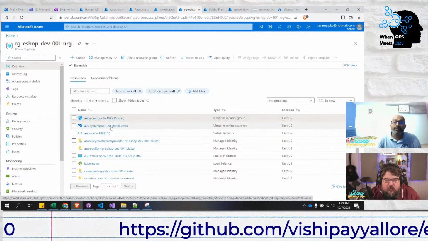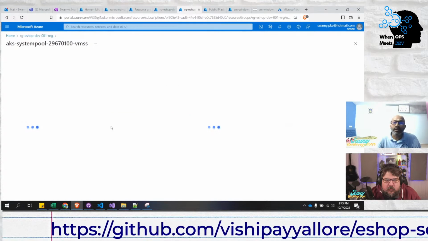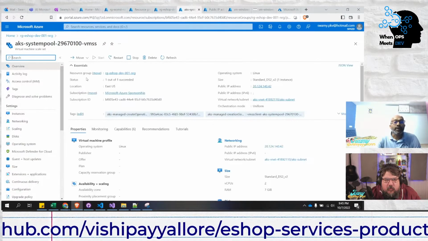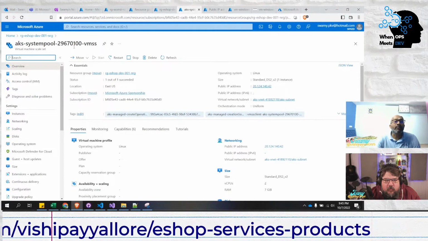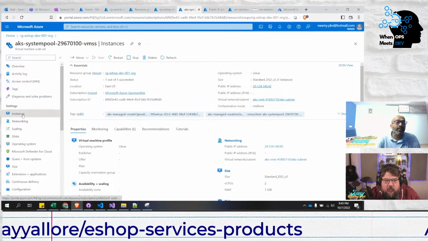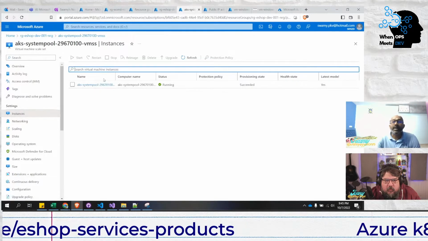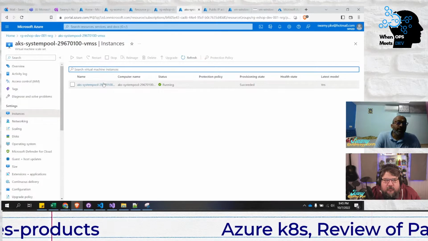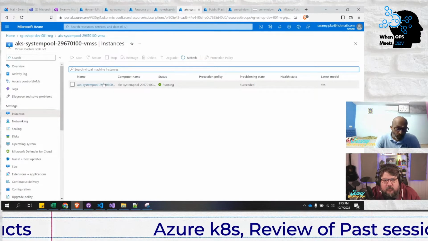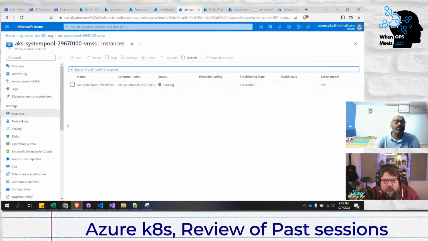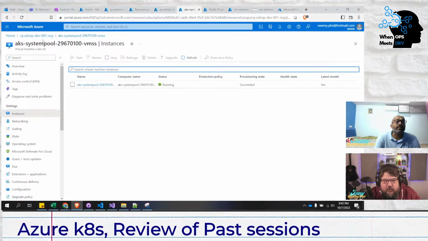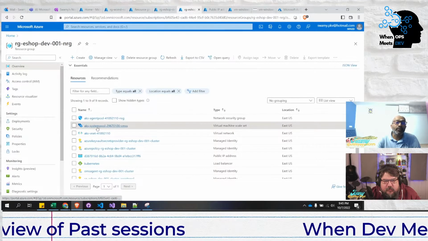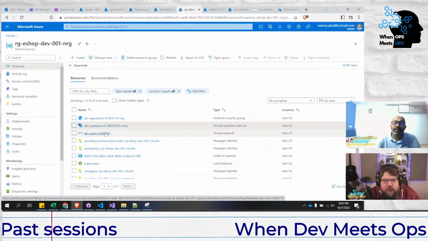Now you can see that at this point of time, I think we have taken only a single node pool. So we can see that it has got a virtual machine scale set, and you can come and verify that it's having a single instance. In a future episode, we will create two or more nodes. So at that time, you will see the number of instances. So we saw that this has got the network security group, it has got the virtual machine scale set, it has got the